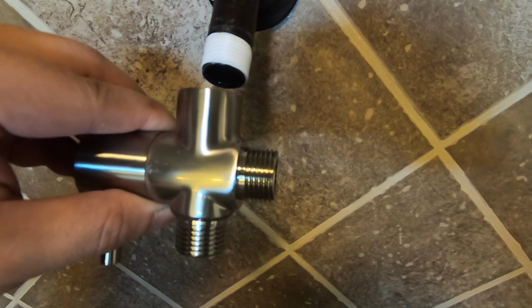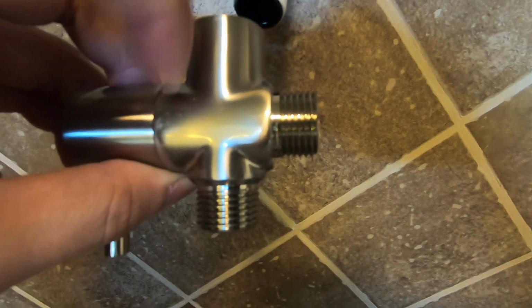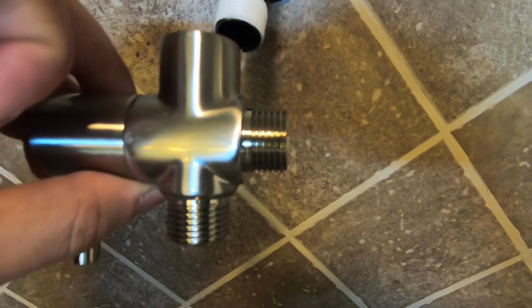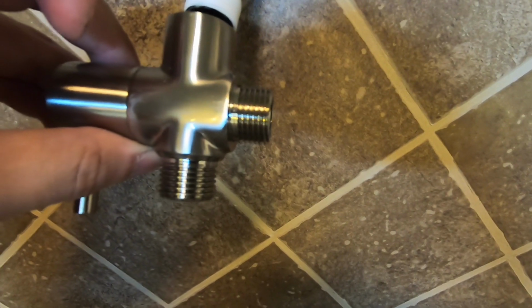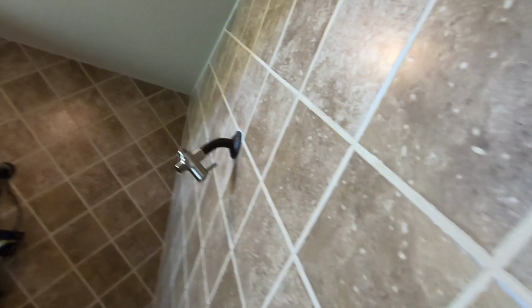And I may get a wrench and make sure. Since this is a very nice finish, I'm going to cover it with some kind of soft material and then put my wrench on it so that I can tighten it without scratching it. All right, I got it attached,